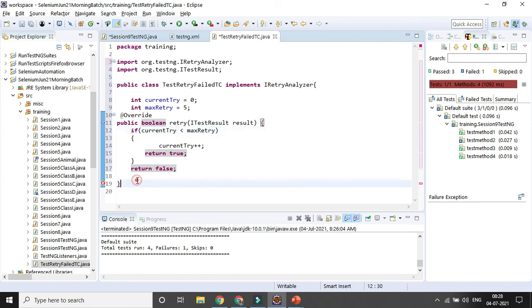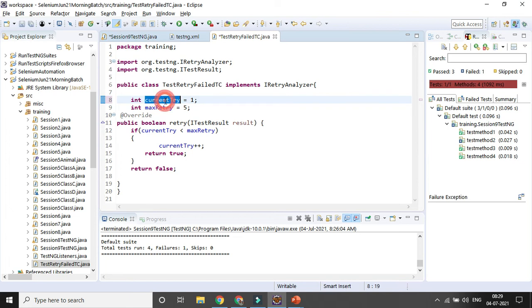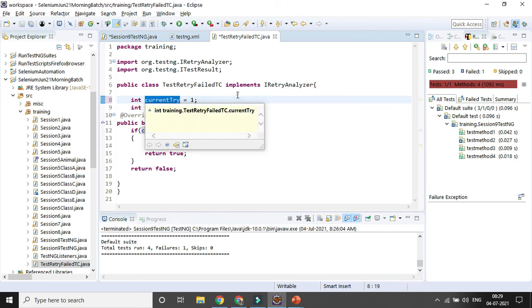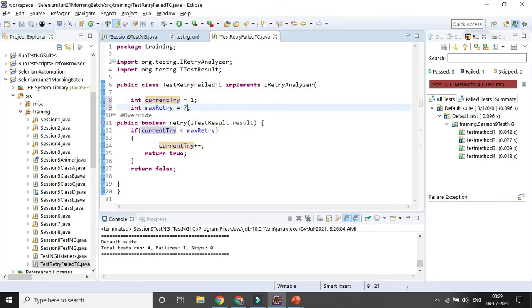One second, why is the message coming, return false, I need to give one more time. So for the current try you need to give a start value, suppose I want to start from 0, or 1 also, you can start. So this is your current try, and the maximum try, suppose you want to try it 7 times, you can give 7. So it will start with 1, 2, 3, 4, 5, 6, 7.